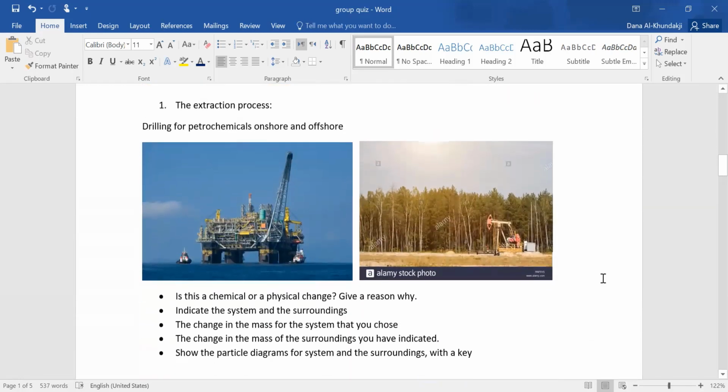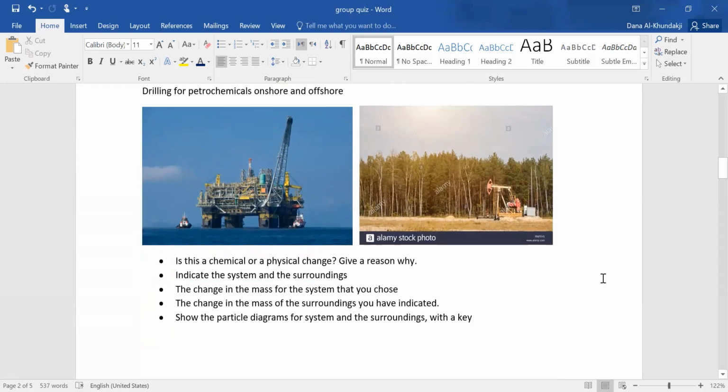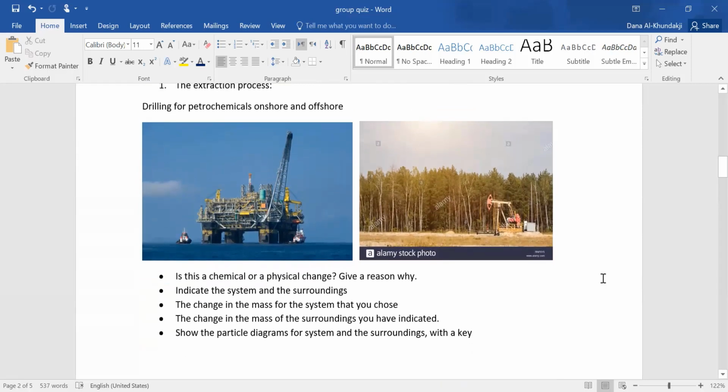So number one is the extraction process. They drill for these petrochemicals or these fuels. Before they become petrochemicals, we have to drill for the fuel onshore and offshore. So I want you to tell me, in this drilling process, is this a chemical or physical change? And give me a reason why. Indicate the system and the surroundings